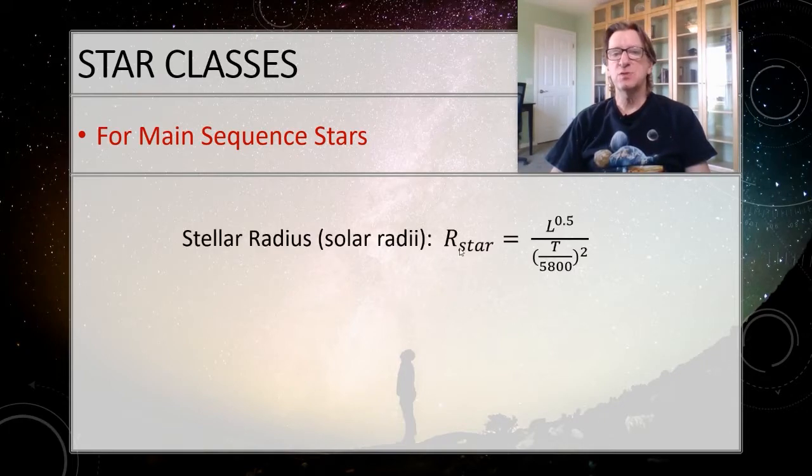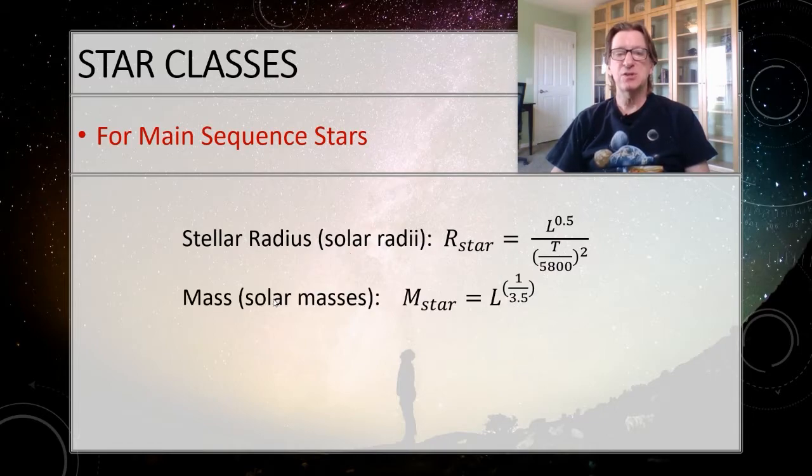Okay, so here's some tools that we've been using. These apply only to main sequence stars, so you cannot use this with a red giant or with a supergiant. This is the Stefan-Boltzmann law that we're familiar with. To get the size of the star, you need to find the luminosity, which remember, you'll have to get from the flux and from the parallax. Sometimes we'll just give you the luminosity. And then the temperature, you get from Wien's law, find that peak wavelength. You can also now read these off from the HR diagram.